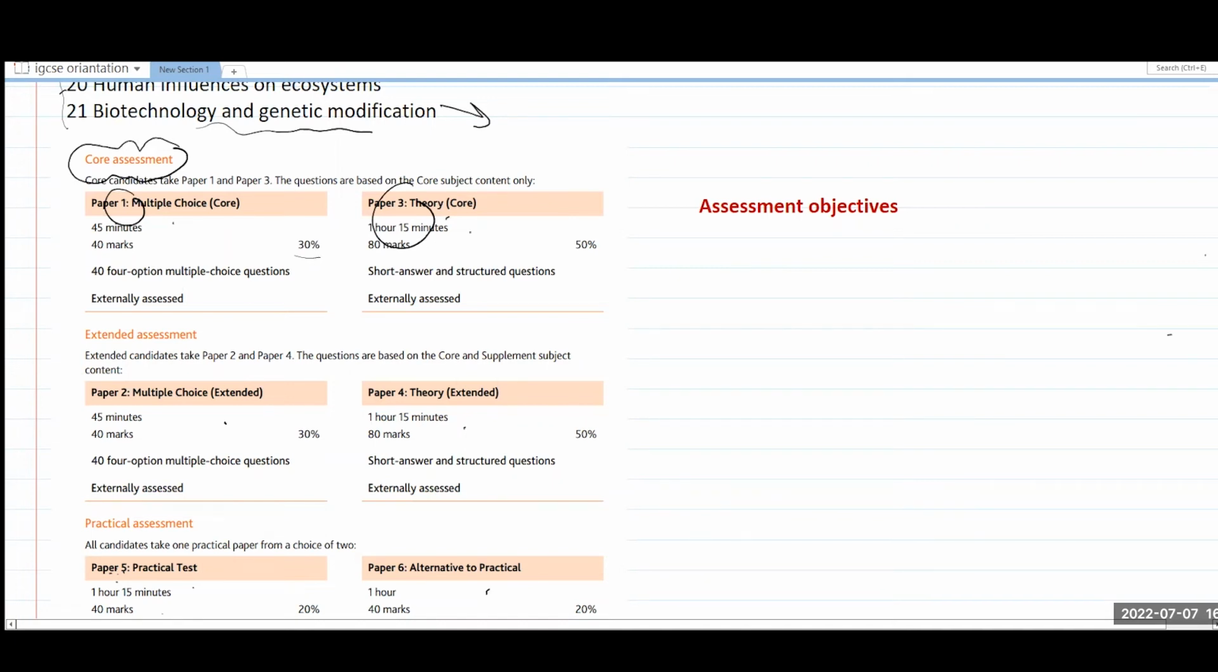Paper 3, 1 hour 15 minutes, 80 marks, right? For both of them, they can take practical, paper 5 or paper 6, and I will tell you what the differences are between paper 5 and paper 6. Okay, for the extended